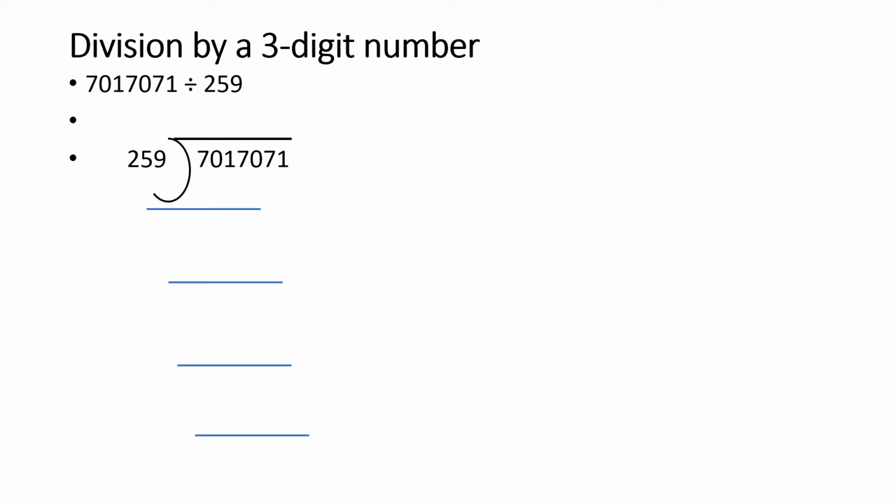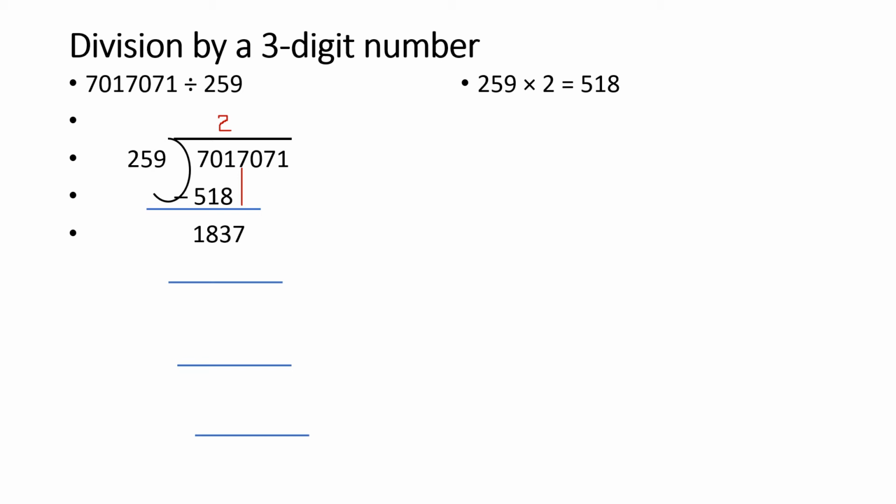be fit in 701? And yes, 250 twos are equal to 500 and 250 threes are equal to 750. It means 250 twos are. So let us see what 259 twos are, and that is equal to 518. It means yes, 259 twos are, that is equal to 518. We will subtract that and we will write down this number 7. Now it is our new number